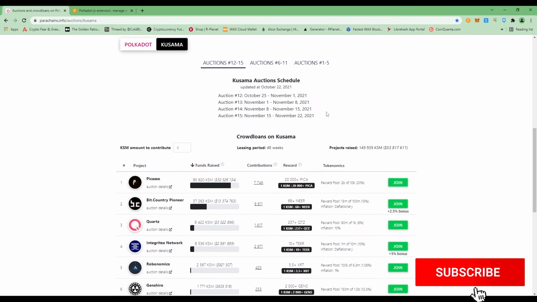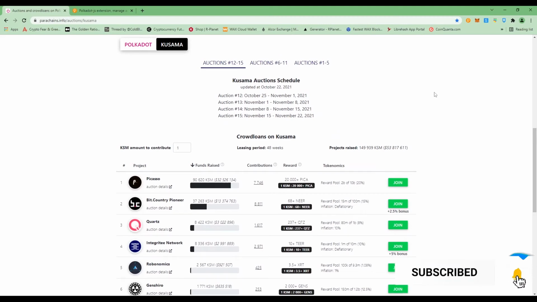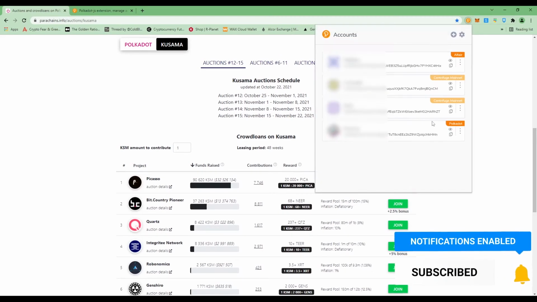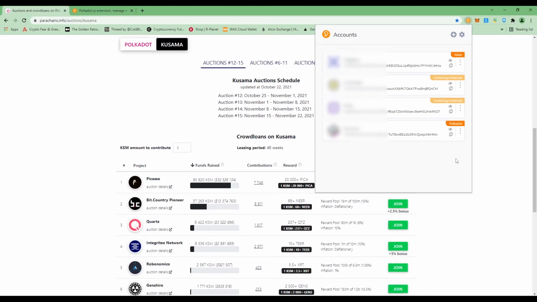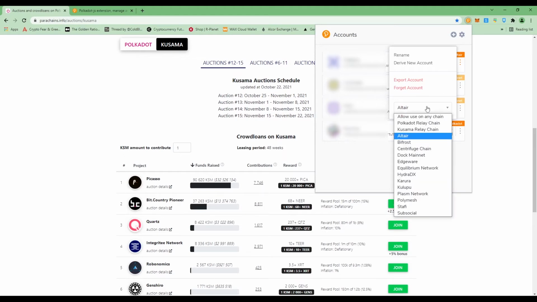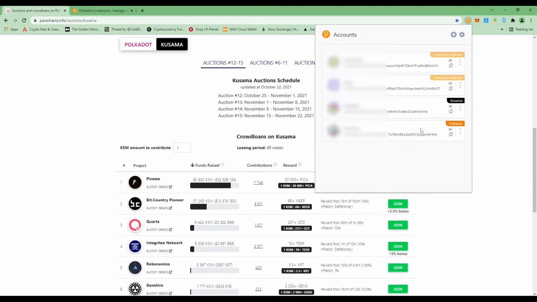Now I want to contribute on Kusama, right? So now you also need to get a Kusama address, right? So how are you going to send your Kusama into this wallet? You click on these three icons and then you click on this option and you click on this Kusama relay chain, right? So as you can see, the address has changed, right? There is Kusama written and I am seeing this address of mine. So you copy this address and then you paste this address onto any exchange from where you want to withdraw your Kusama.